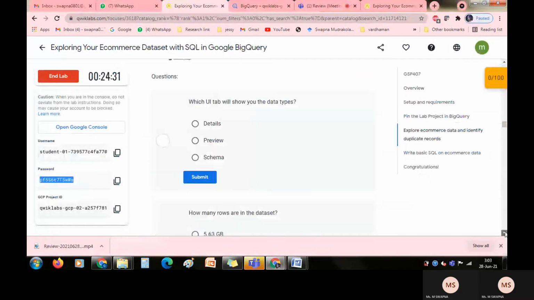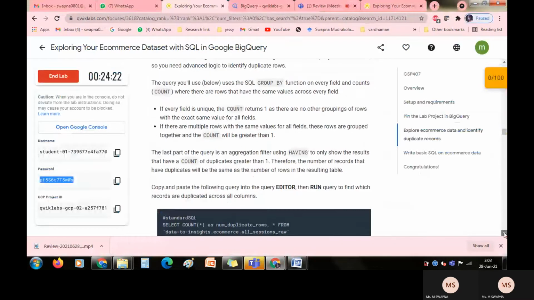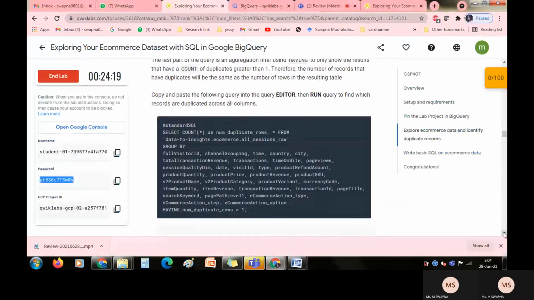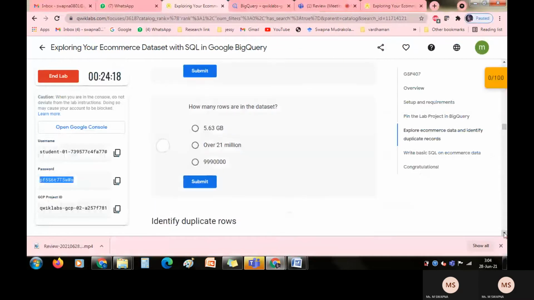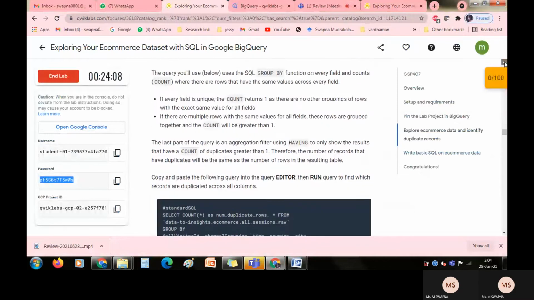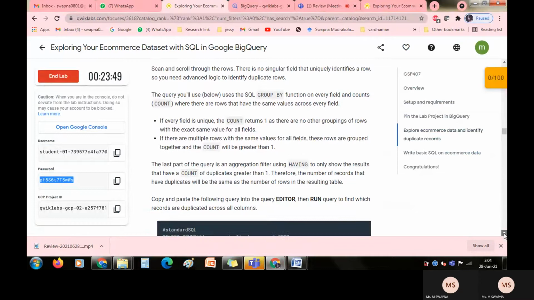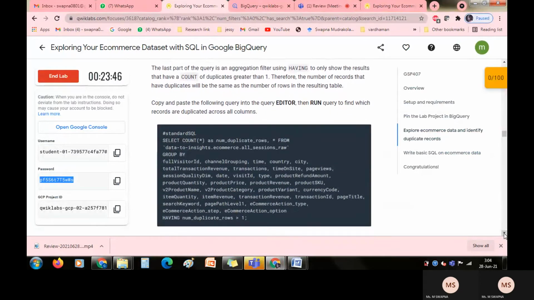He's asking us to write a query which will help you identify the duplicate rows. So what he is asking is, is there any duplicate row? Here in this query we use group by. We are trying to relate all the similar things, grouping by some particular field, maybe through your count. If there is uniqueness, then it will tell you